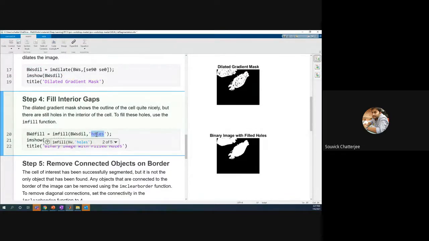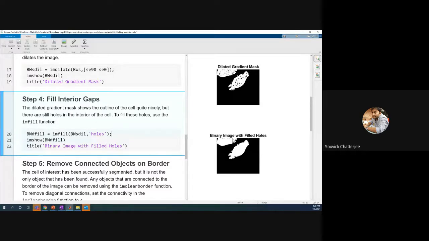You can also put other parameters. Once we run this, the internal holes are filled. So if you compare the top and the bottom image here, the top one contains these black holes, which are filled up now, right? So what we have done is filling those interior gaps.